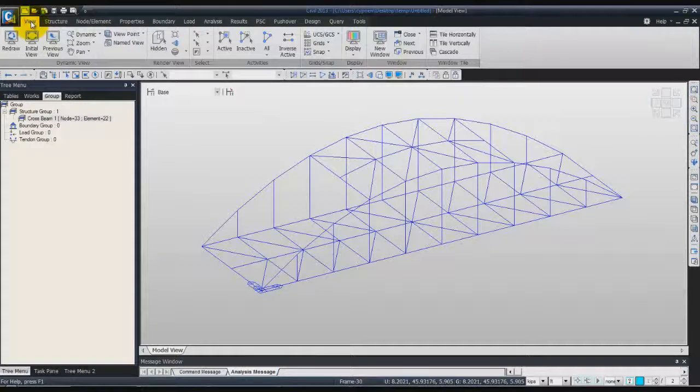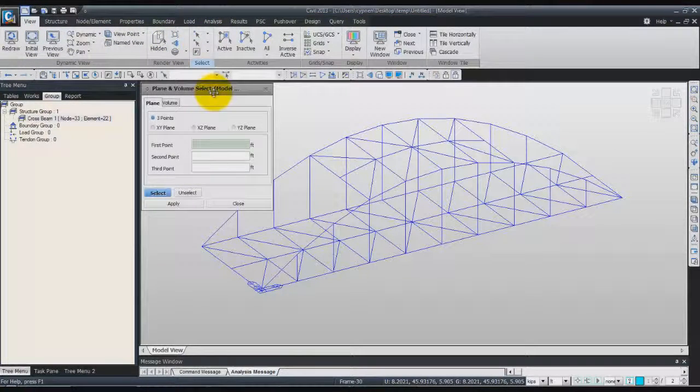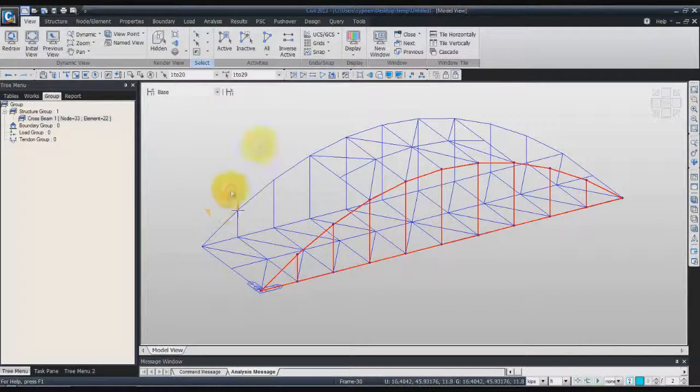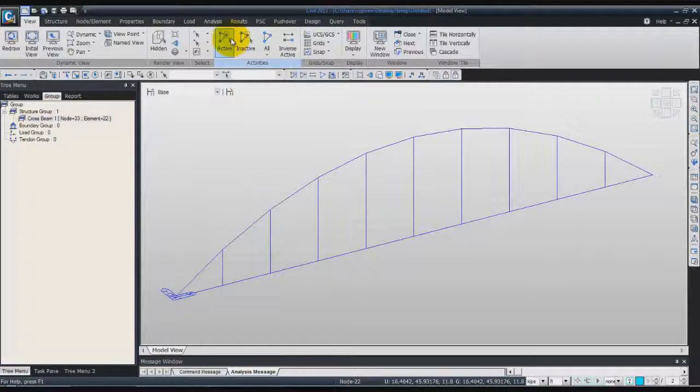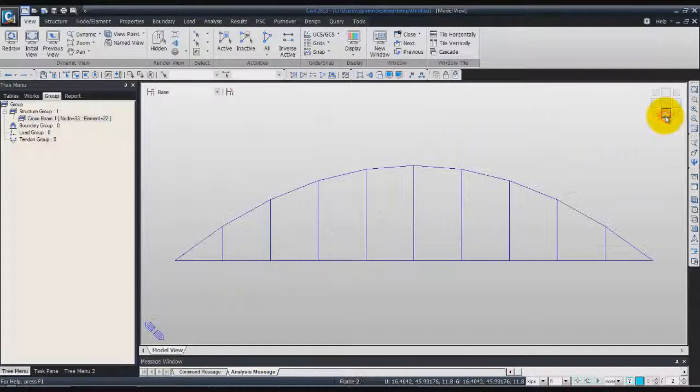So in the view section here, the selection tool, choose plane selection, X, Z plane, select the first node, and click on close, and activate only these elements. Now you can go in the front view